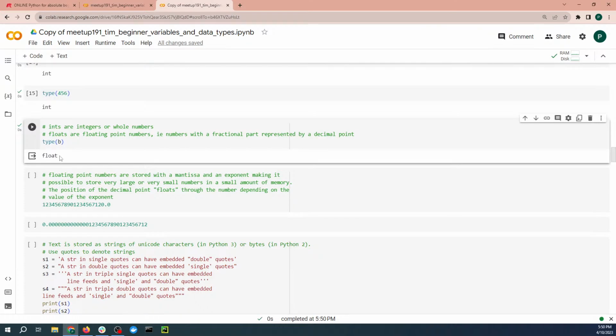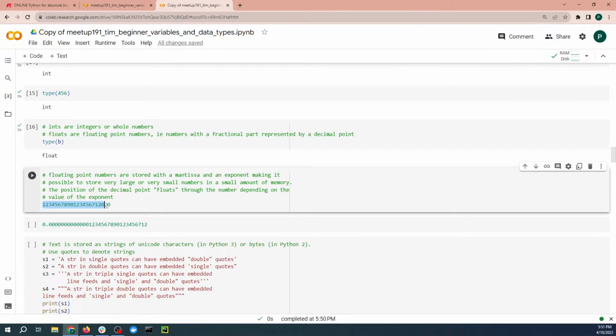So the type of B is float. Now, floating point numbers are stored with a mantissa and an exponent, making it possible to store very large or very small numbers in a small amount of memory. So let's have a look at this number here. So if we display that,